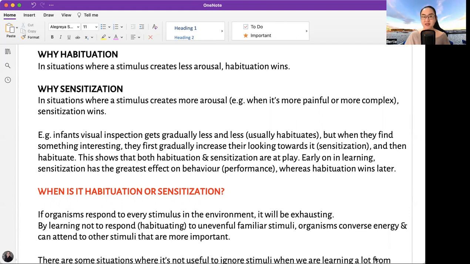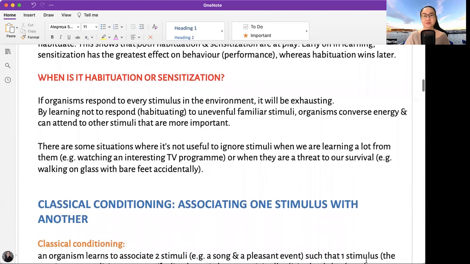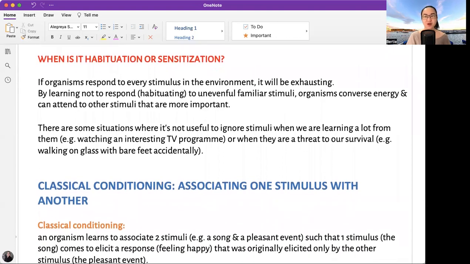Early on learning, sensitization has the greatest effect on behavior, performance, whereas habituation wins later. When is it habituation or sensitization? If organisms respond to every stimulus in the environment, it will be exhausting. By learning not to respond or habituating to uneventful familiar stimuli, organisms conserve energy and can attend to other stimuli